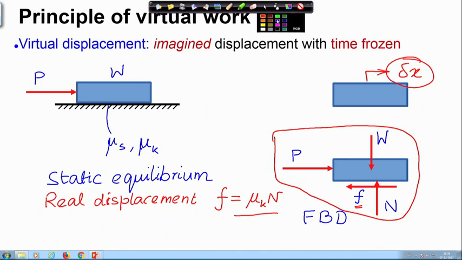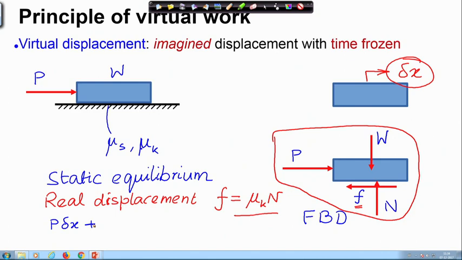So, what I have is P times delta x. Now, you see that the direction of P and the direction of delta x is the same. So, P and delta x are in the same direction. Therefore, the work done on the block by the external force P is P times delta x plus the